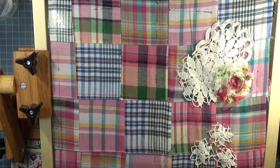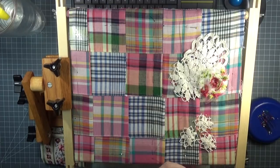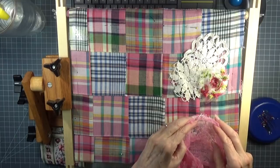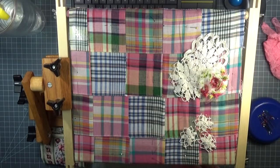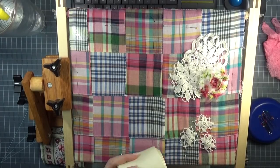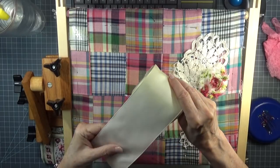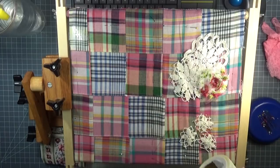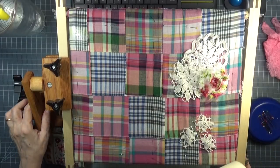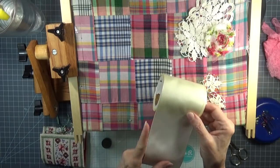And here. Now I was wondering if I mightn't just lay some of this down underneath this. Well, what's pinned down can be picked up, so that's a possibility. Oh, here's one just waiting to play. Maybe. Now, I thought I would make some leaves. I have this piece of ribbon from, there again, from Joann, years and years ago. And it makes wonderful leaves because it can be painted on, it can be stitched on,